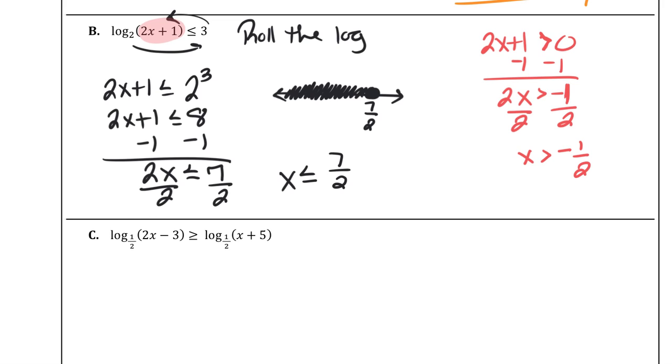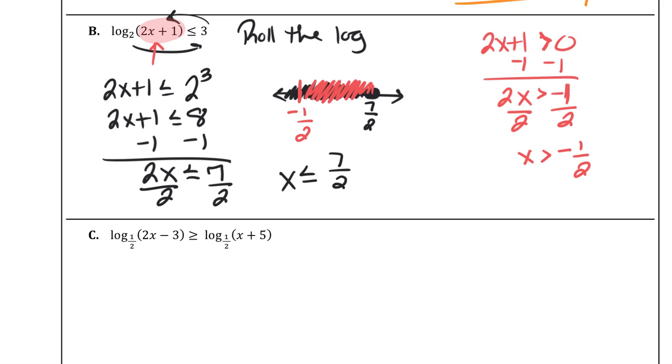So even though I could choose any value less than 7/2, all of a sudden, if I choose something below negative 1/2, my inequality here will turn negative. So I've narrowed that window down to just being these values. So even though I had a lot to choose from, some of them would still give me undefined situations. So I want to make sure everything is defined, everything is real, everything is going to show up,